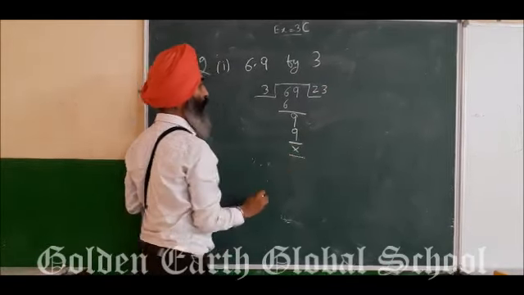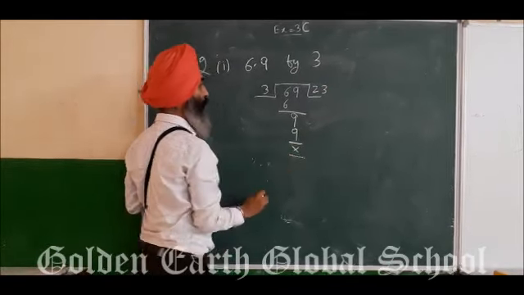But when it is 0.6, it means here it is one place, so your decimal shifts one place to the left side. So your final answer will be 0.012. Remember this. I am telling again, 6 divided by 50 is 0.12, but when you divide 0.6 by 50, it would be this, because your decimal shifts one place back. Okay everyone? So similarly you can solve the other questions also.